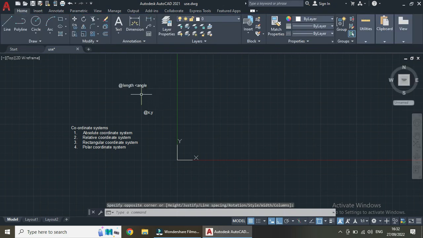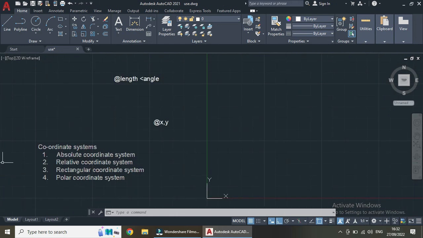So this one will be our format for polar coordinate. We will be using this one. Polar means we will consider the angle also. So first point will be